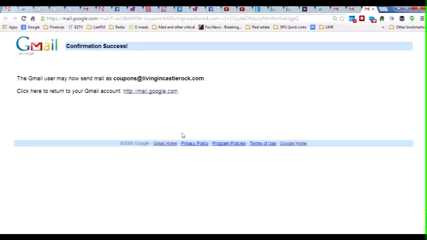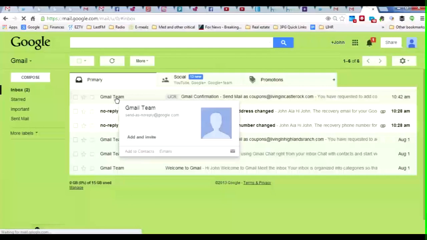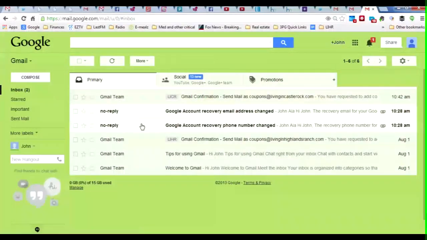And it says, hey, you're all set up. You can now start using Gmail to check your external email account and send mail from it. Go back to the account, and there we go. So we're all set. So that was it. Not too hard. I now have my Gmail account checking my domain email. It'll pull it off of that domain server, bring it right into Gmail, and I can use Gmail as my email client, so I don't have to use